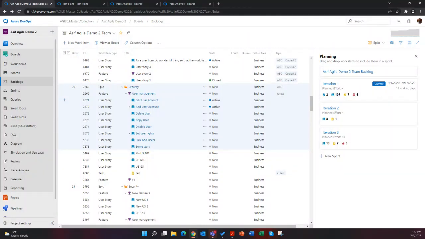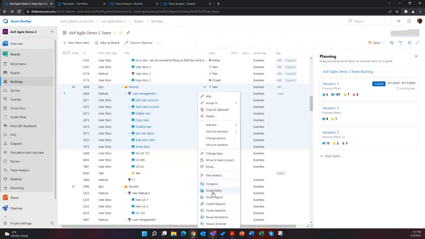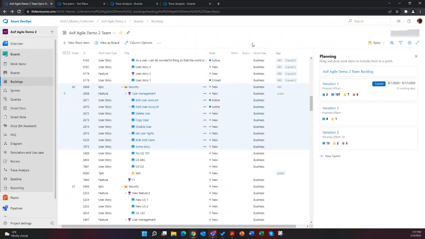All right, folks, so I was saying Modern Requirements is built into and for Azure DevOps. Everything you see here, from Smart Docs to reporting, is part of Modern Requirements. In addition, within the context menu, all the items in blue here are part of Modern Requirements. We also inherit the process template from Azure DevOps. So whether you're using an out-of-the-box process template or a fully customized one, Modern Requirements will simply inherit that process template. We also inherit security from Azure DevOps, so you get a single sign-on experience.